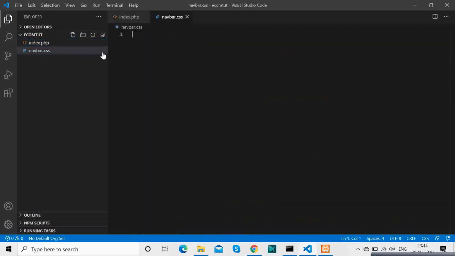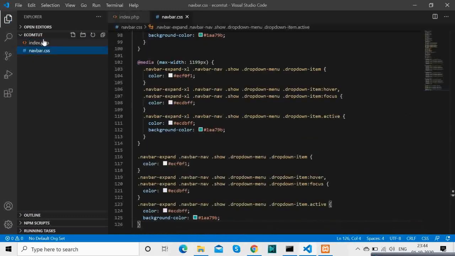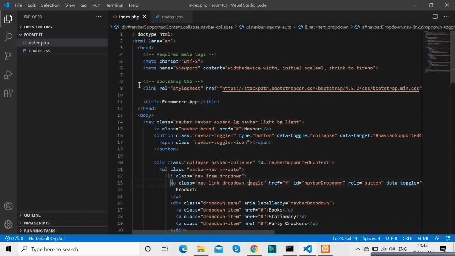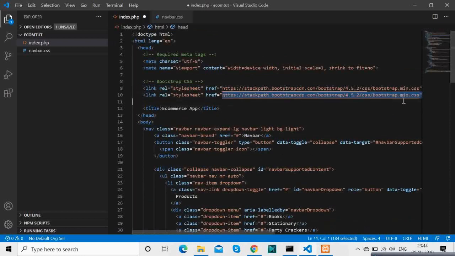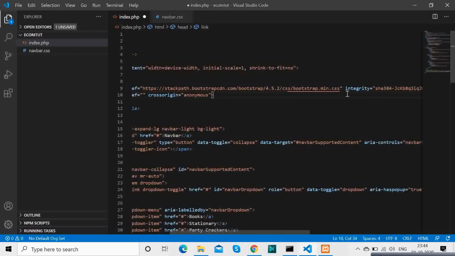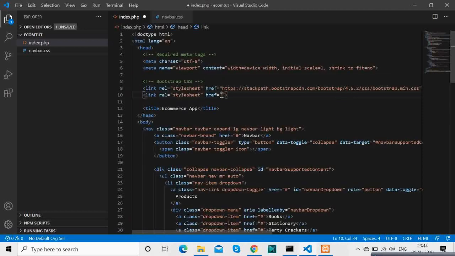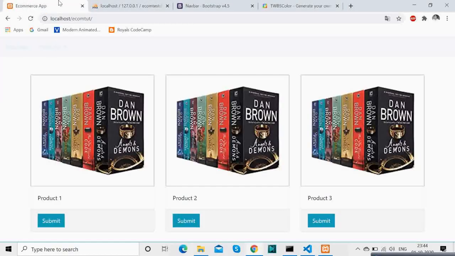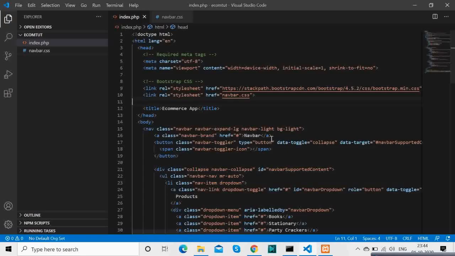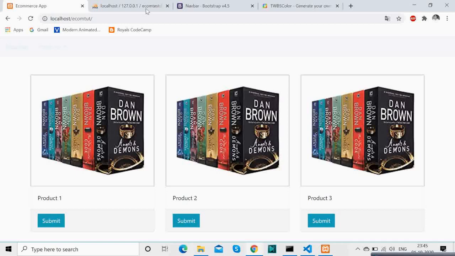Once you paste it, you just provide the link in the index.html file. And there you go, we have our navbar.